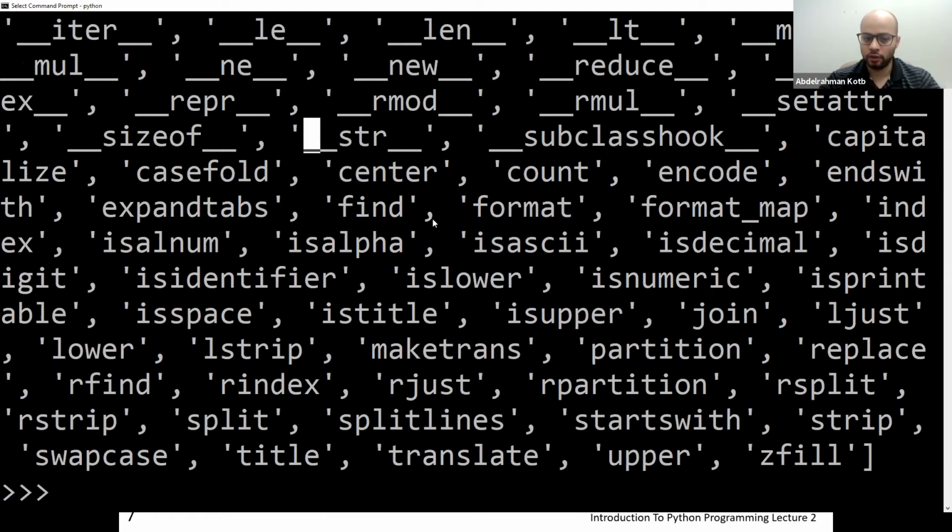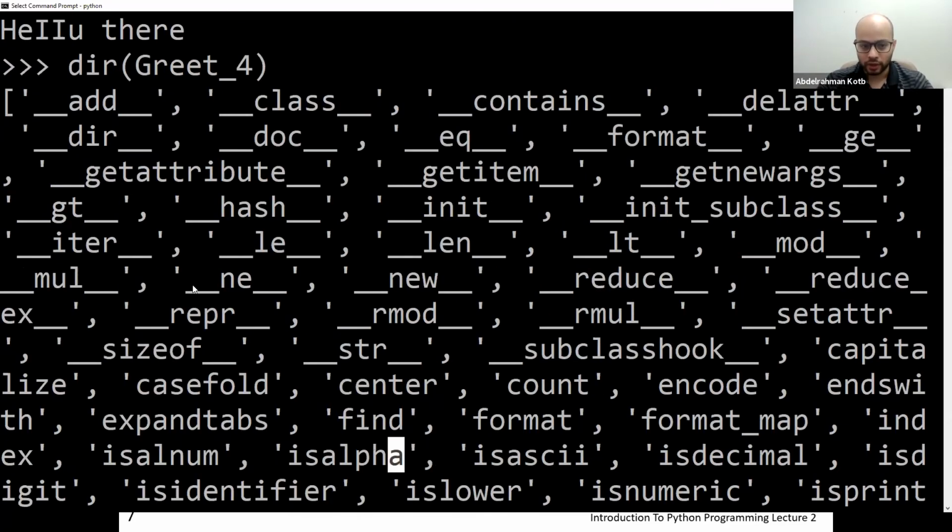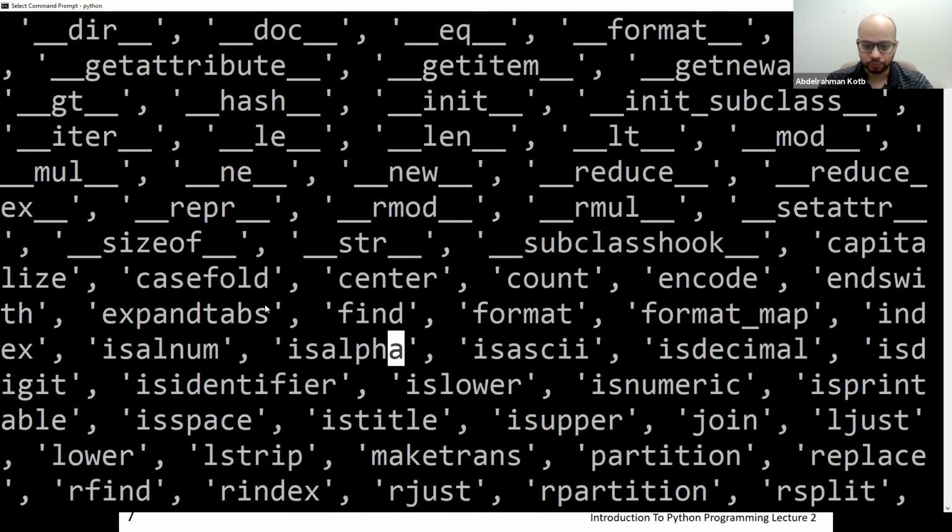All of the ones I used, and others, will be in dir. And dir is actually a very general function for whenever you're curious to know, how do I write this? How do I write strip? Is it strip or strep? You just do dir and then a string, and it's going to give you all the functions that you can use. Upper.